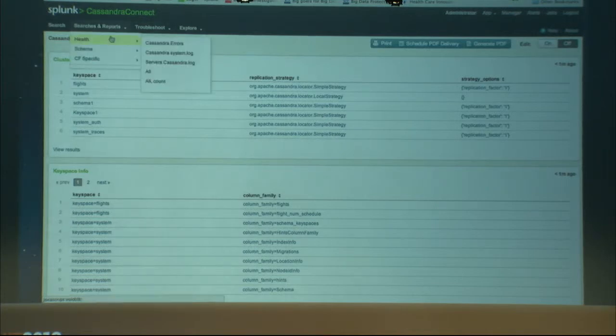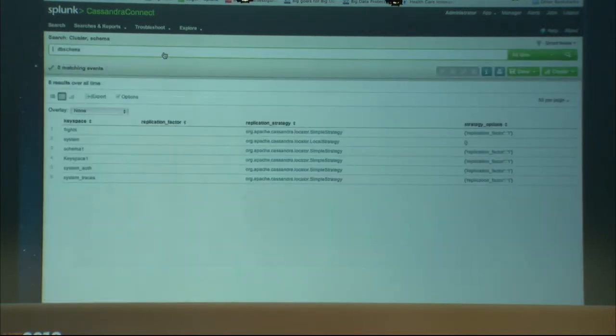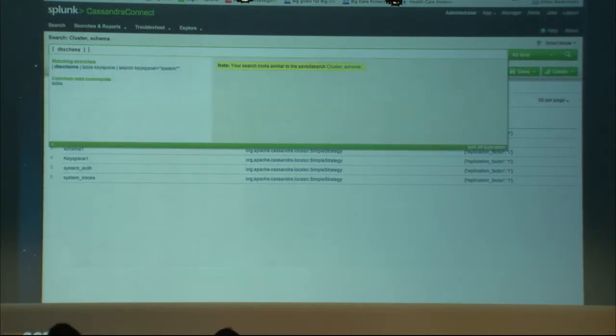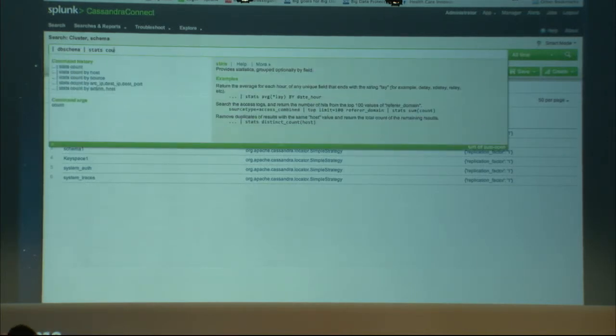From there, we'll go to the schema look. So you can basically pull up from here a search that'll give you all the information, again, about the schema. These are all custom search commands that were built using Python extensions within the Splunk UI. So DB schema is a custom search command for Splunk, and if I wanted to use one that already existed, some command that is built into Splunk,